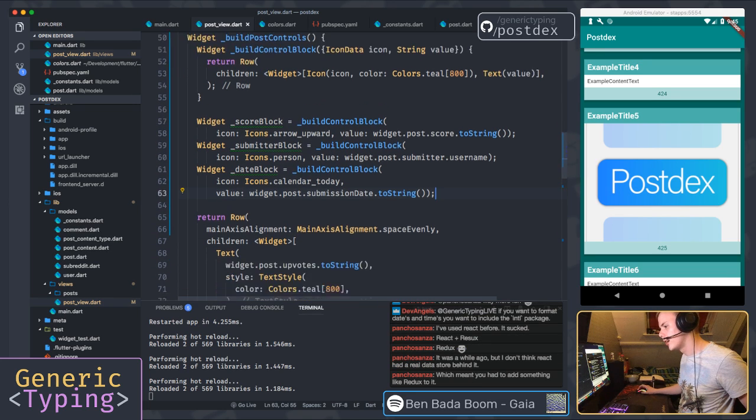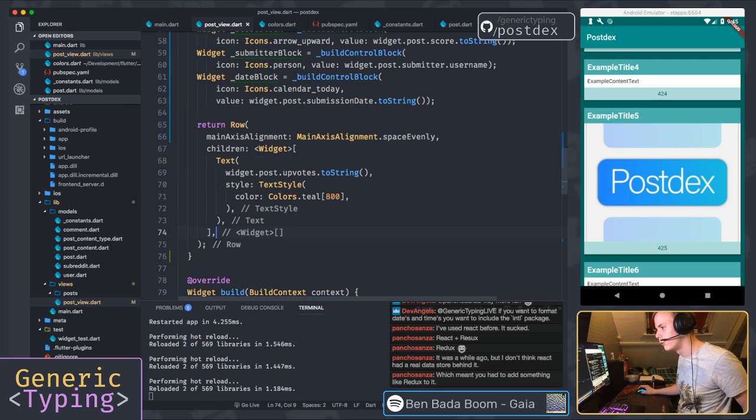I think this is okay now. Now we just need to import this into the rows. Space evenly. Put that. It was a while ago, but I didn't think React had a real data store behind